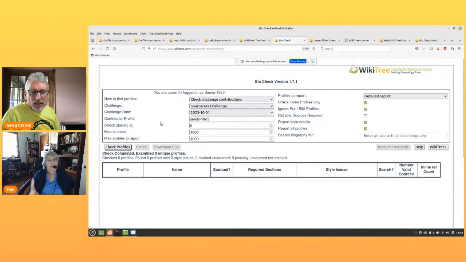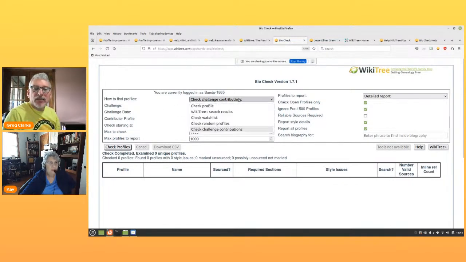So this is only things that are tracked in the tracker where you have to actually go in and click the challenge contribution when you make the change to the profile. Okay, but the Connectathon automatically does it, so it doesn't get added to the tracker. Is that what you're saying? Yeah. Now you want to find what you've done. You can go back to